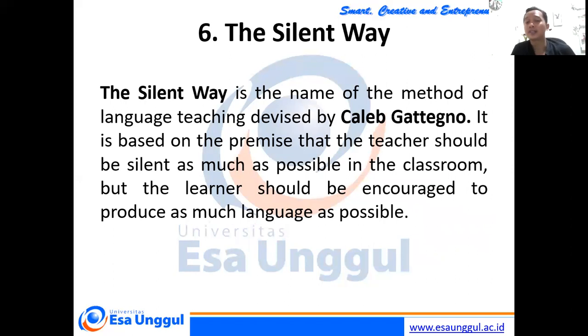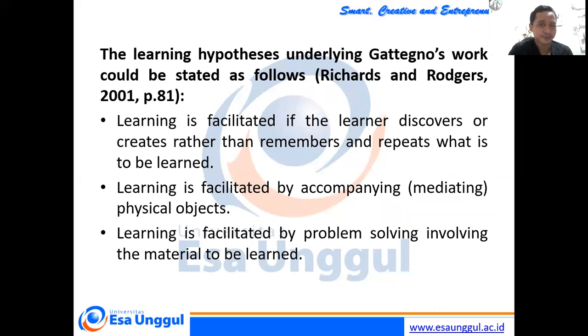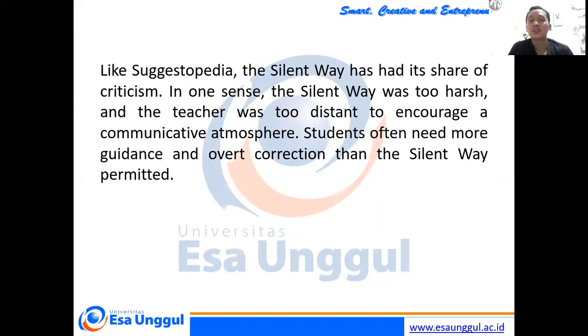The silent way. The silent way does not mean that students must be silent, but teachers must be, and let students be more active than the teacher. Okay, this sounds interesting, right? But then in the implementation in practice, it's not easy. Because why? Because the silent way